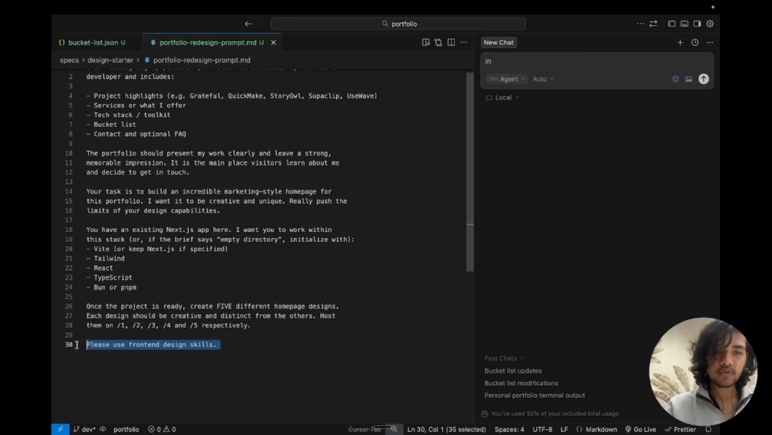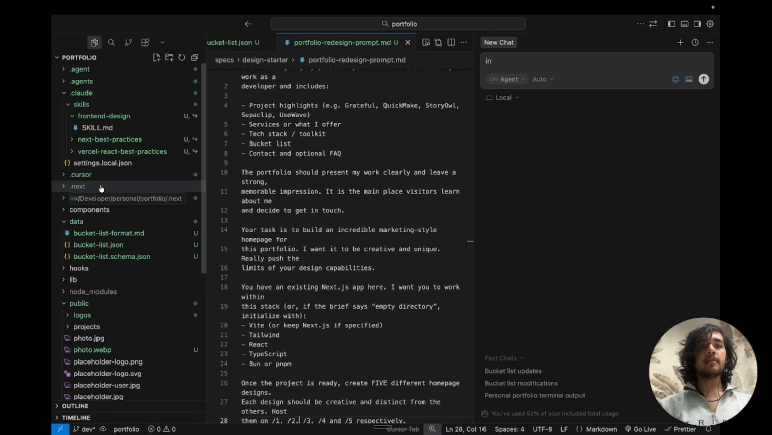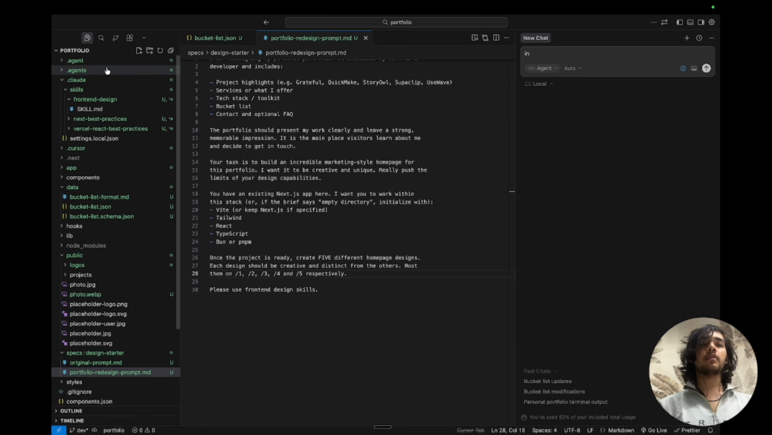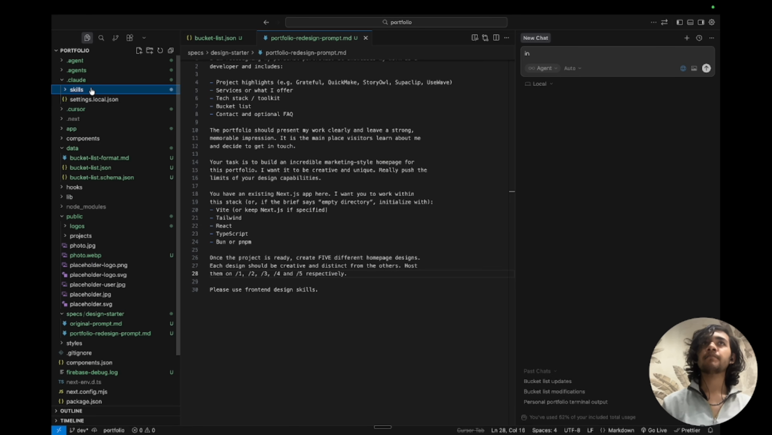And please use front-end design skills. So this was the difference that made a whole lot of what I would say, what made me use, like, right now Opus is my go-to model when I'm redesigning something, and the reason is simply because of this single line. So if you're not familiar with what skills are, basically skills are reusable sets of prompts